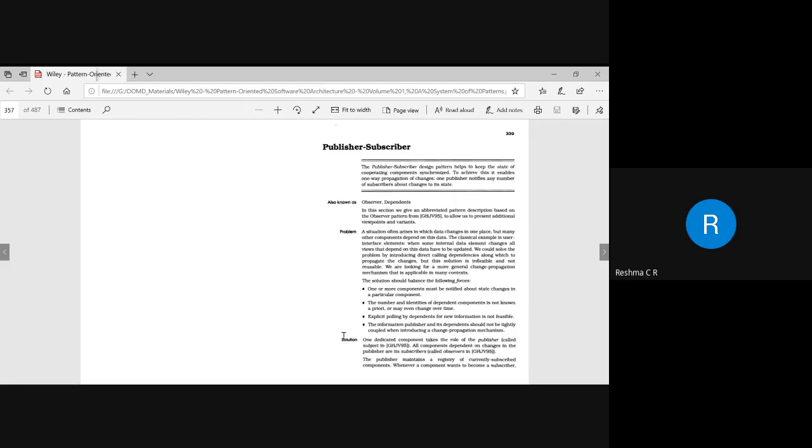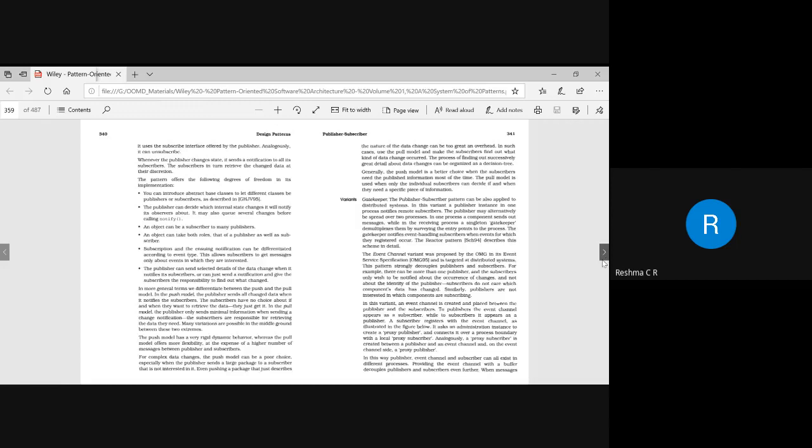So how do we bring the solution? The solution can be brought by using some steps. First we need to design an abstract class. Through the abstract class, we need to identify the publishers and subscribers. Once the publisher and subscriber are identified, the publisher should have an internal state.